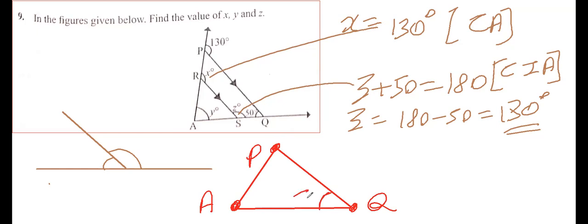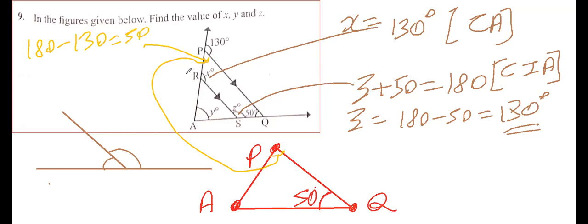Now 50 is given to me, so this will be 50 degrees. Whereas this particular angle is not given to me, but I know that this particular angle is nothing but this angle, which I can get from 180 minus 130, that comes to be 50 degrees. So I got this 50 degrees here. What is the reason I will give here? Here you can give supplementary angles, or linear pair of angles also will do. Now here this is my y.